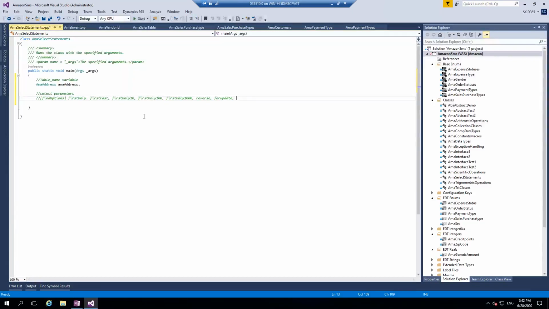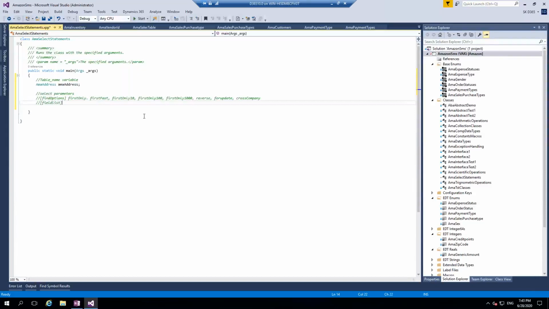And here I want to say the last one is crosscompany. By default you will get data only from one company. If you want to get data from multiple companies, you need to get it using crosscompany. I will show you how to do that. Don't worry. So once you are done with adding the find options, the next thing you need to add is